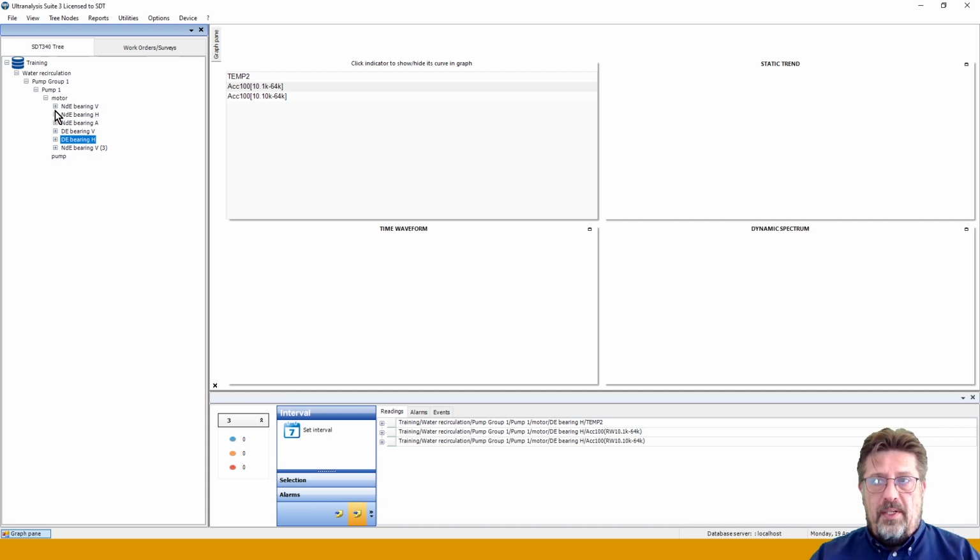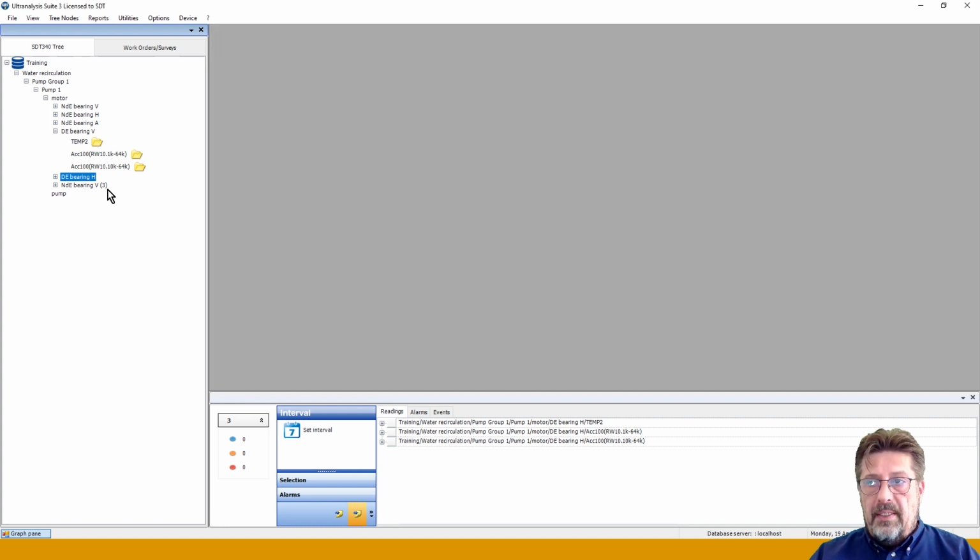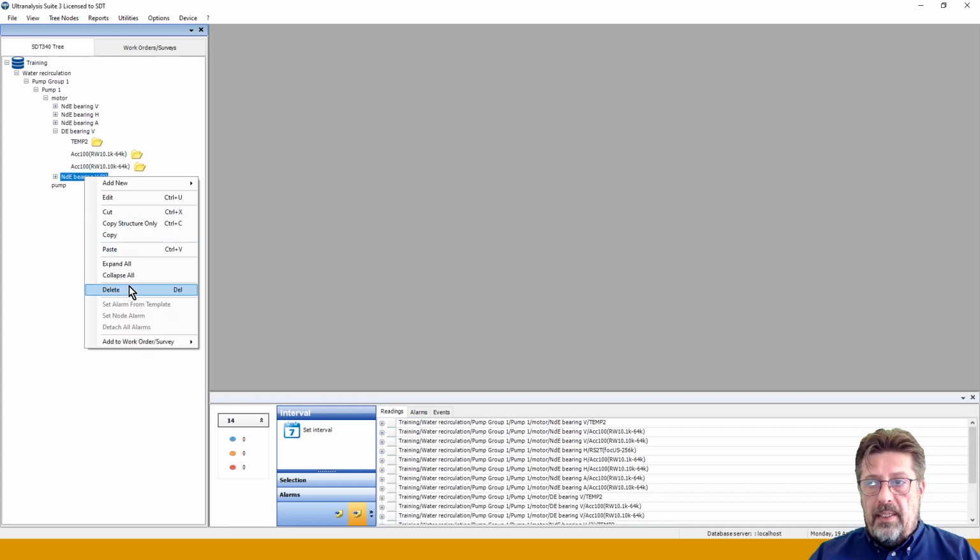The reason for that is because they contain different measurements. What we did right now is that in drive end, we copied everything from non-drive end vertical. And that's a mistake, and that's a nice one that you will not do in the future. So you will delete this, you will delete this,